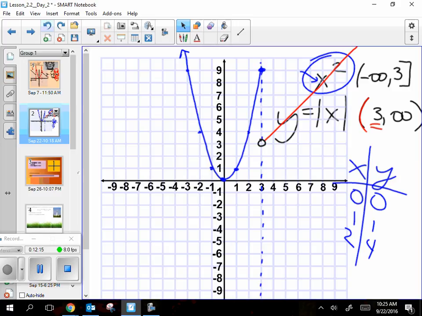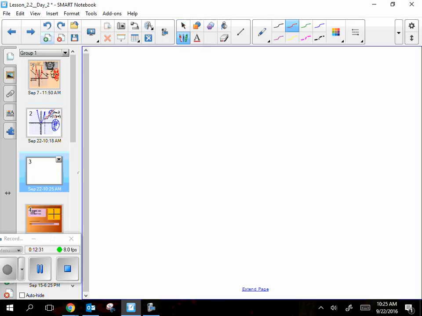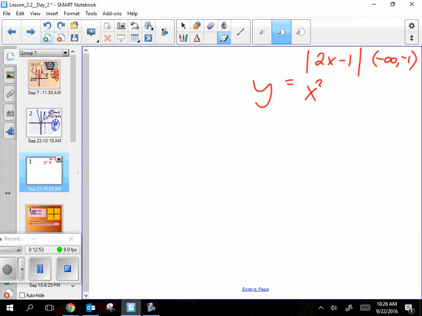Okay, good. So, could they be more complicated functions? Yes. These were pretty basic ones. Let's make it just a little more complicated, and I think you'll see why an XY chart might be handy. How about if we just do one more where it's y equals absolute value of 2x minus 1 from negative infinity up until negative 1. It doesn't own negative 1. And let's say it's x squared minus 3